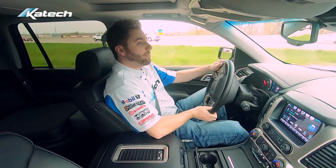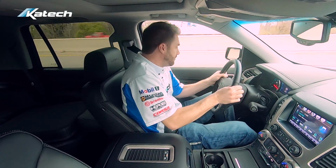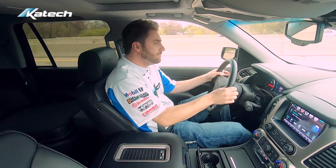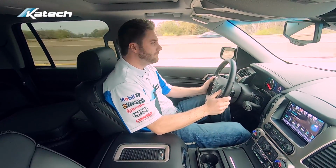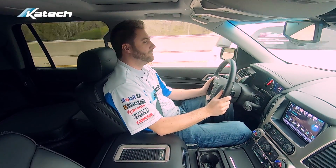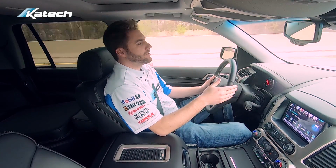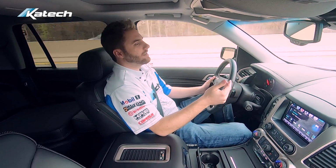So this is a tight on-ramp. We're going to need to merge here pretty quickly. With the exception of the supercharger and exhaust, this is an otherwise stock